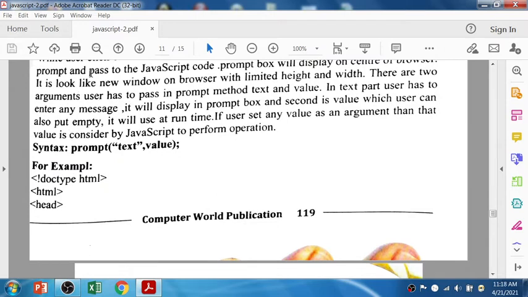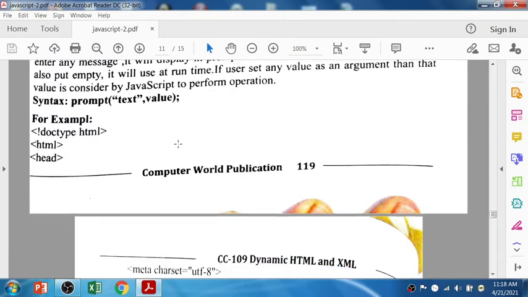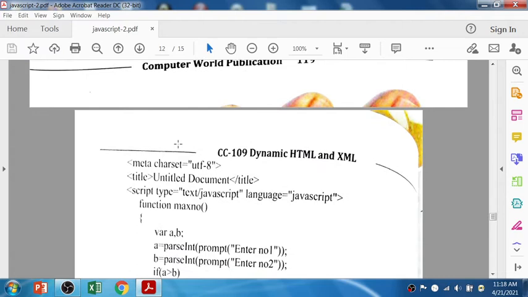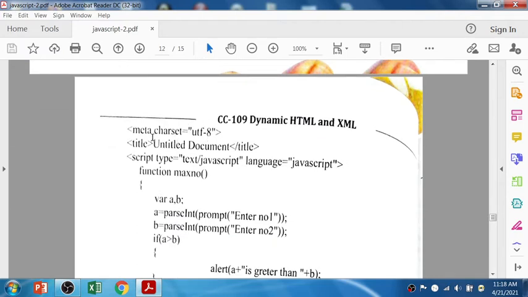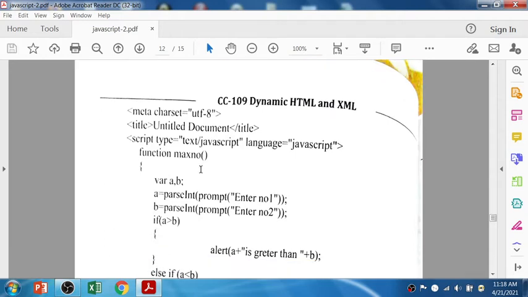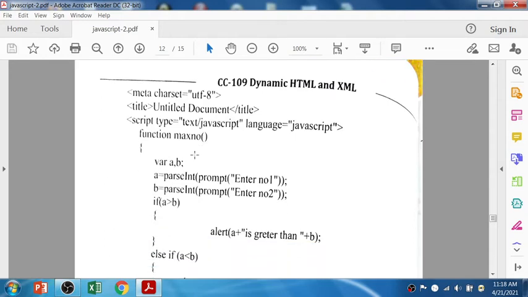So the syntax is prompt, and in double quotes you have to add the message and the value. Let's see the example. In the head tag, within the script tag, the function maximum number, variables a and b. a is equal to prompt, enter number 1.